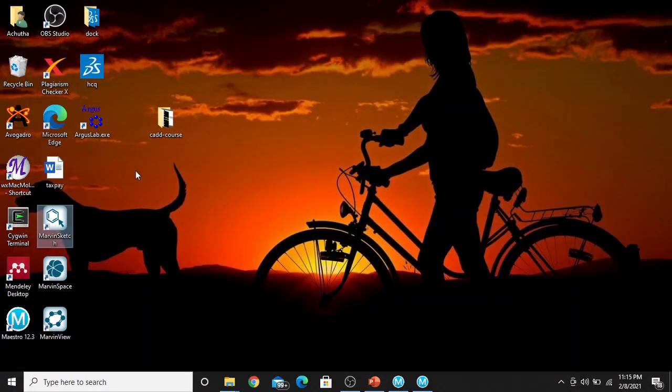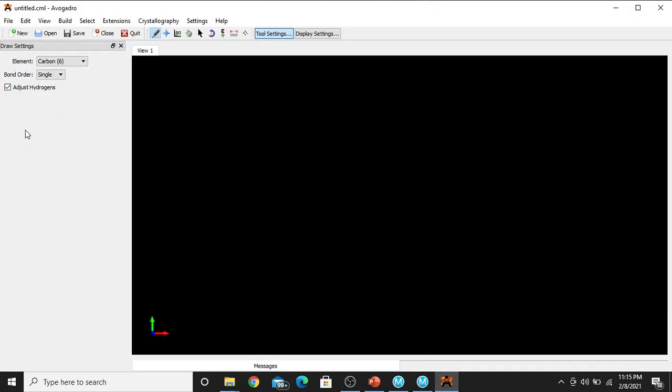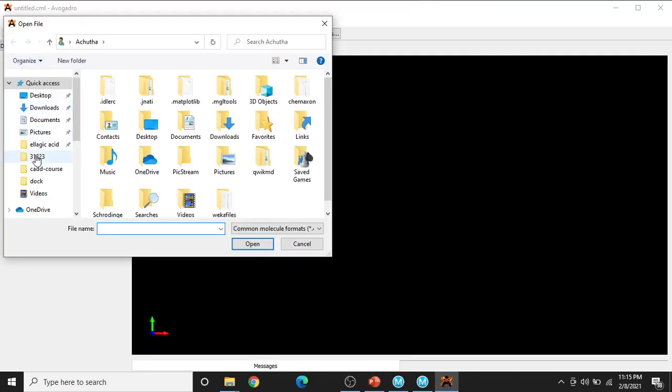It's not minimized, so you have to open Avogadro. Avogadro, you have already installed it at the first step of this class, and then you have to go to file, open, and open the structure.